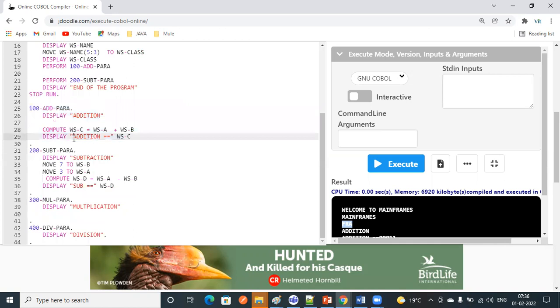Whatever you write in double quotes, the same thing it will print in the console. That's why we keep it in double quotes. Here you can write anything, any characters, and the same thing is going to print over here.